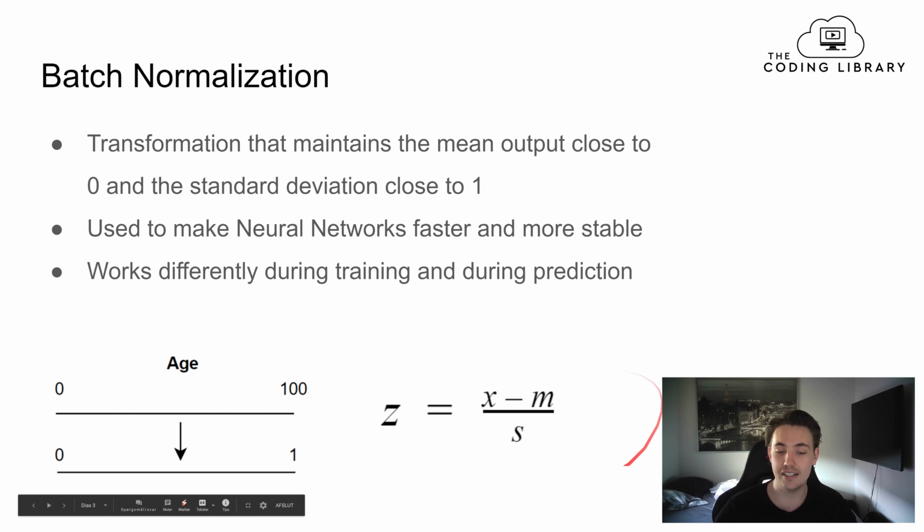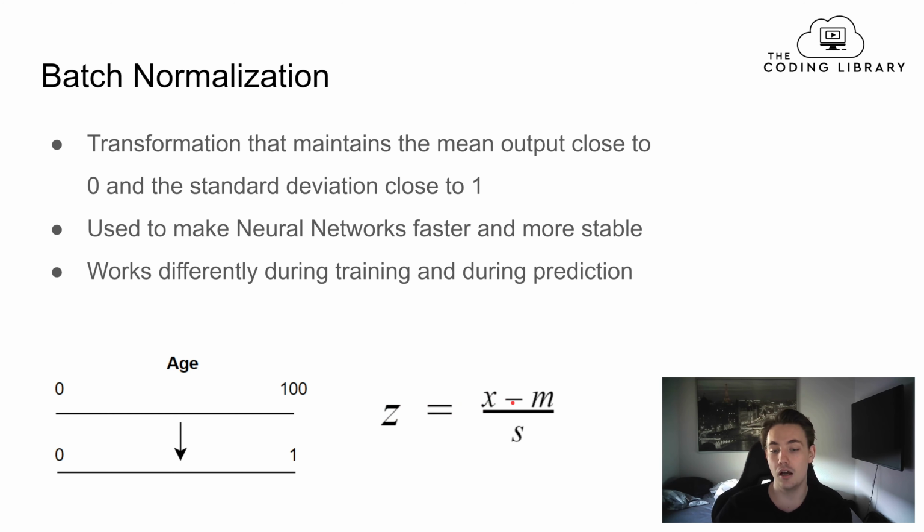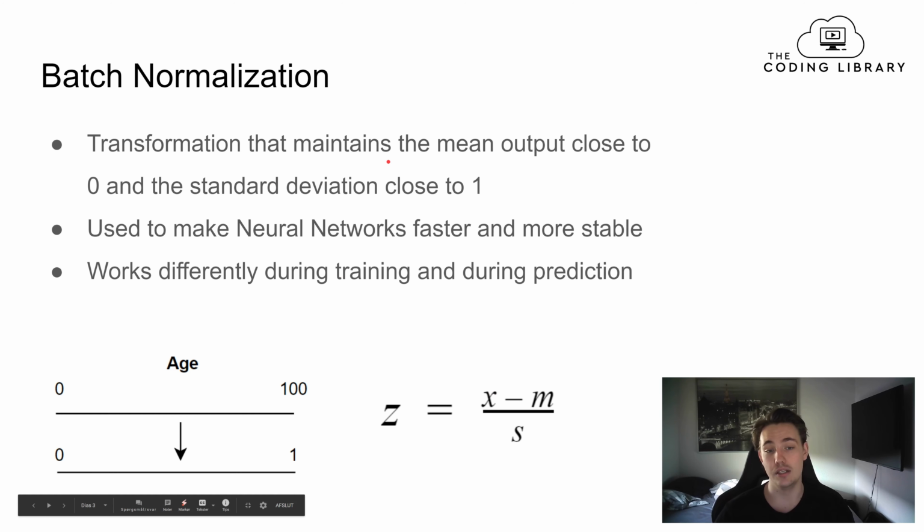So we calculate the batch normalization value down here with this C value, which is equal to the data point minus the mean of the values that we passed through our layer where we're using batch normalization, and then we divide that by the standard deviation for our output as well. So this is what we mean up here. We maintain the mean output close to 0 and the standard deviation close to 1